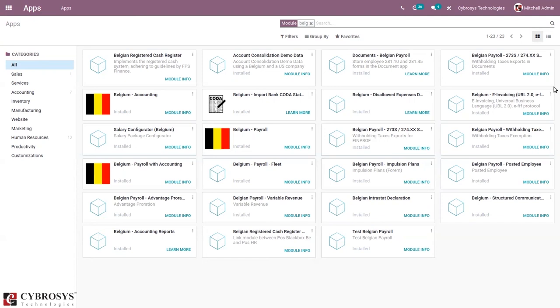And in HR localization package, you can see here we have a module Belgium payroll. So after installing this module, automatically some submodules are installed. Like you can see here, some document modules. So first one you can see Documents Belgian payroll.